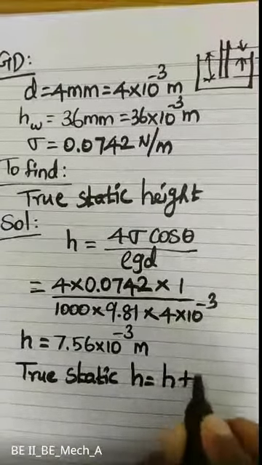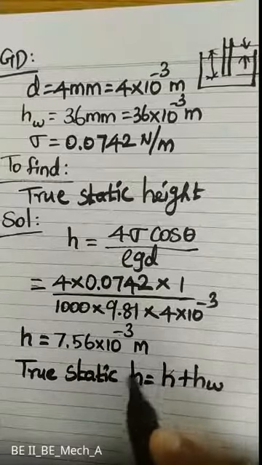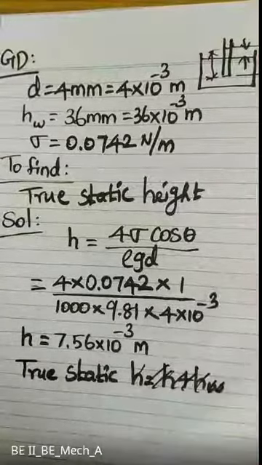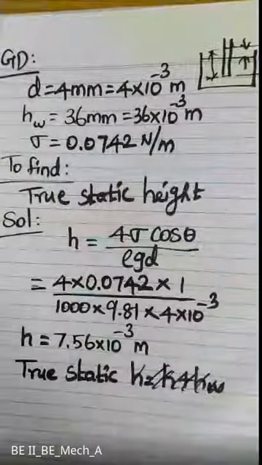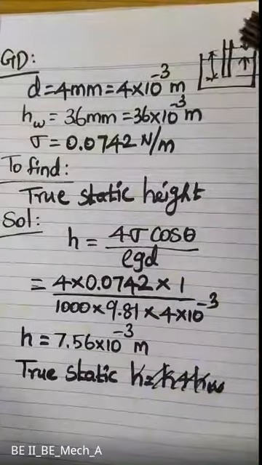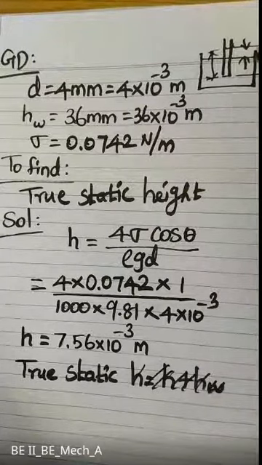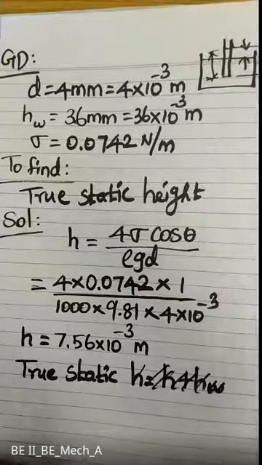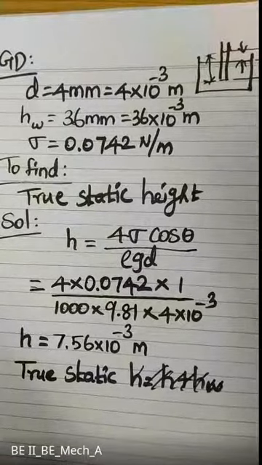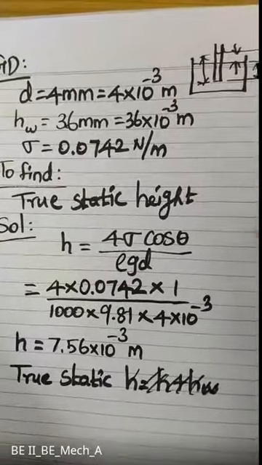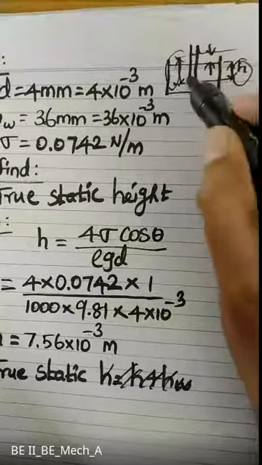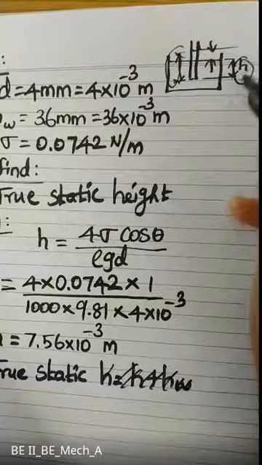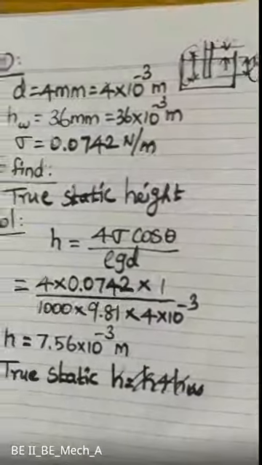Sorry, sorry, it is not a correct one. So this one is a total height. So the height of water is the total height, right? So the total height is available. So we have to find the true static height. So that means this particular value. So to apply the formula, we have to find this particular value. Okay, this value is available. The total height of water. So from here to here, it is available. We have to find this. Okay. So that is what I converted and told you.